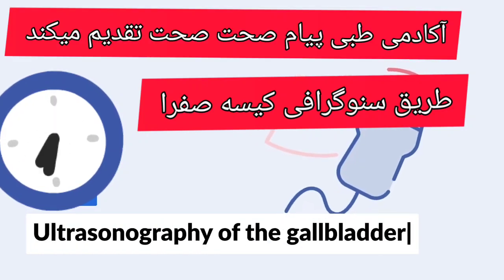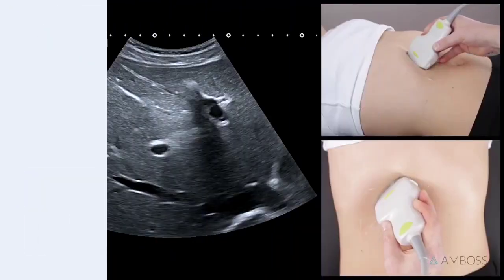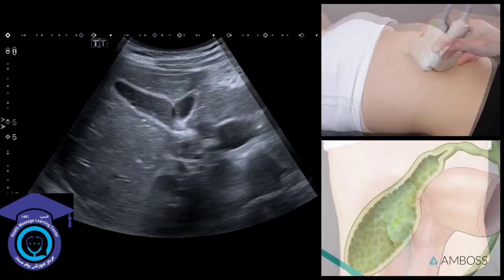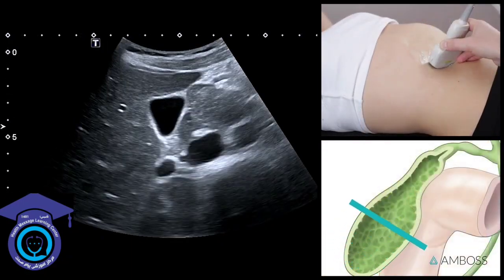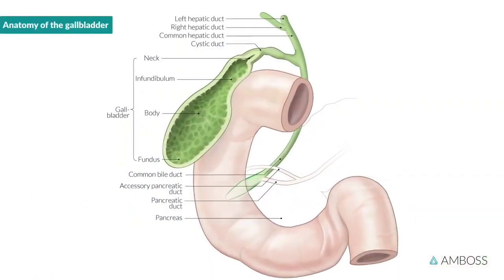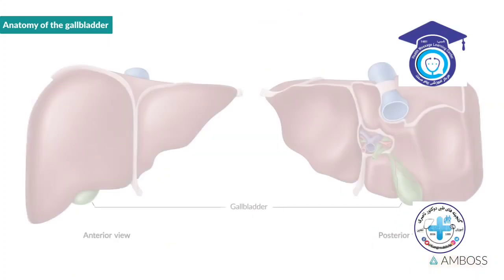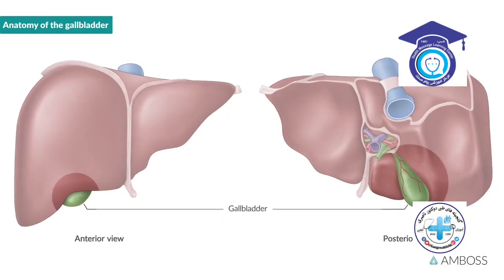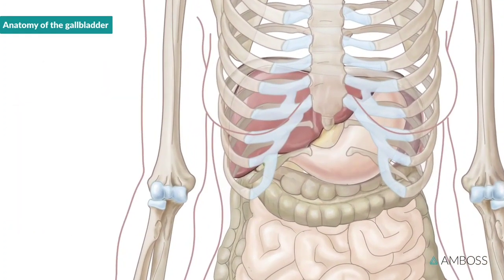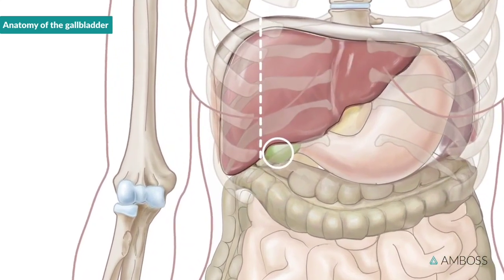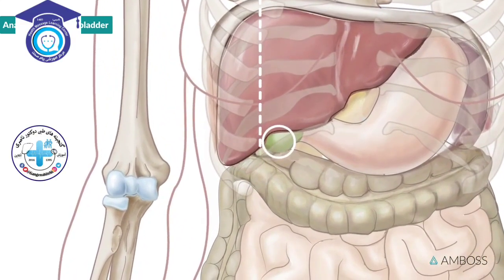Ultrasonography of the gallbladder. In this video, we'll show you when and how to perform an ultrasound scan of the gallbladder. The gallbladder is a pear-shaped, hollow, fluid-filled organ that lies against the visceral surface of the liver. The rounded lower end of the gallbladder, the fundus, projects just below the right costal margin, a little medial to